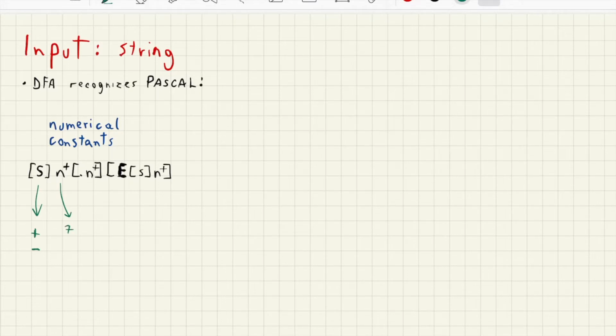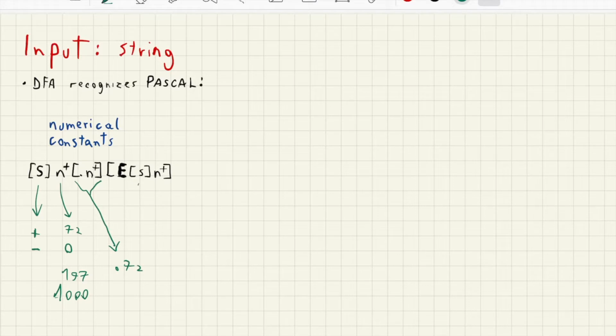So it can be 72, it can be 0, it can be 197, any number. And here is an optional dot that will represent the floating part, so here will be dot